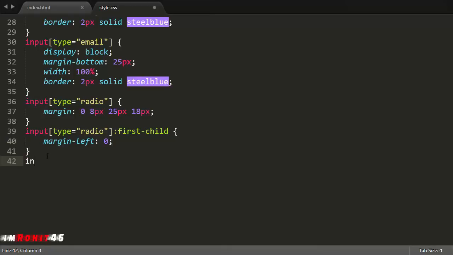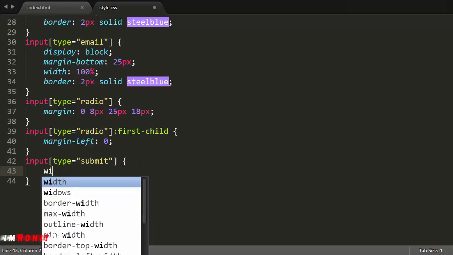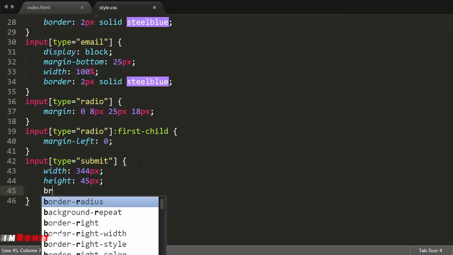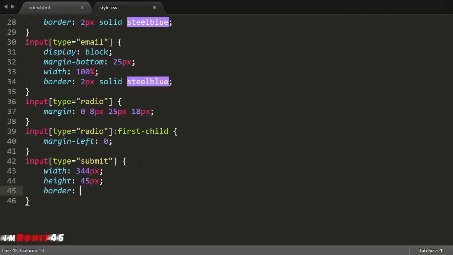input, type equals submit. Input type equal to text, and submit. So I'm in the submit, I'm giving the width of the button as 344 pixels, and height of the button as 45 pixels, and border, I'm giving border as none, no border,